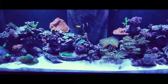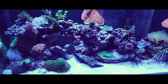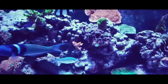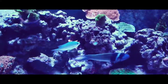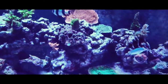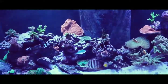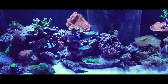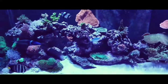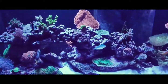I've had a few issues with the tank, and there have been a few improvements since the issues. Well, one, my pink stylo there has started to bleach out. It's starting to come back. That's one of the issues: you should always have some salt on hand to do a water change when you need to do a water change. I hadn't done a water change on my tank in probably about 2 months before this happened,